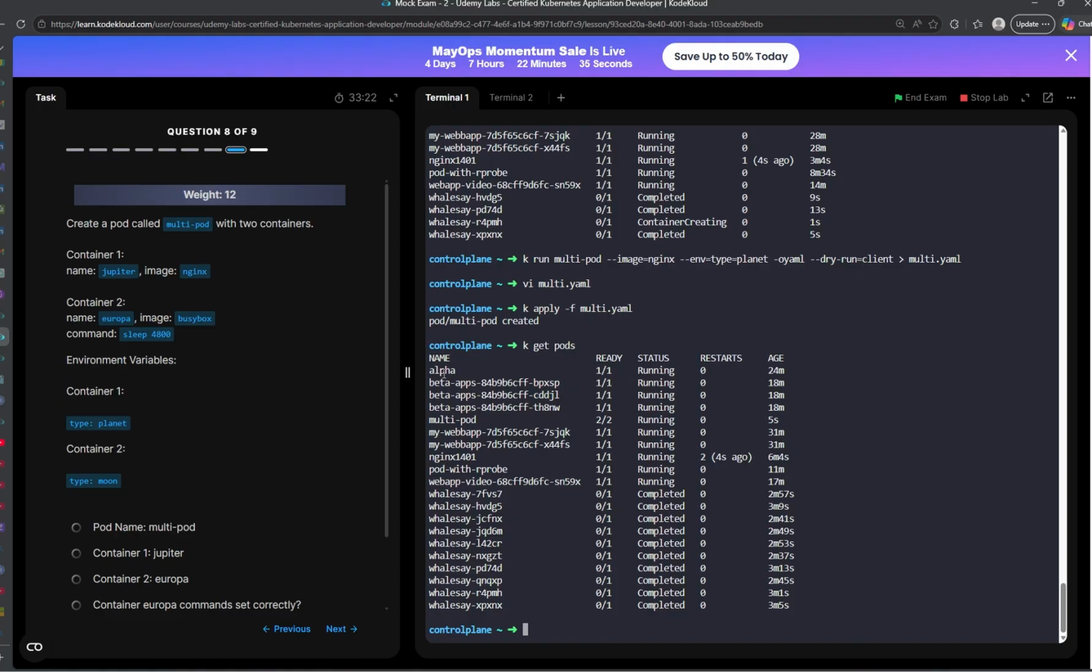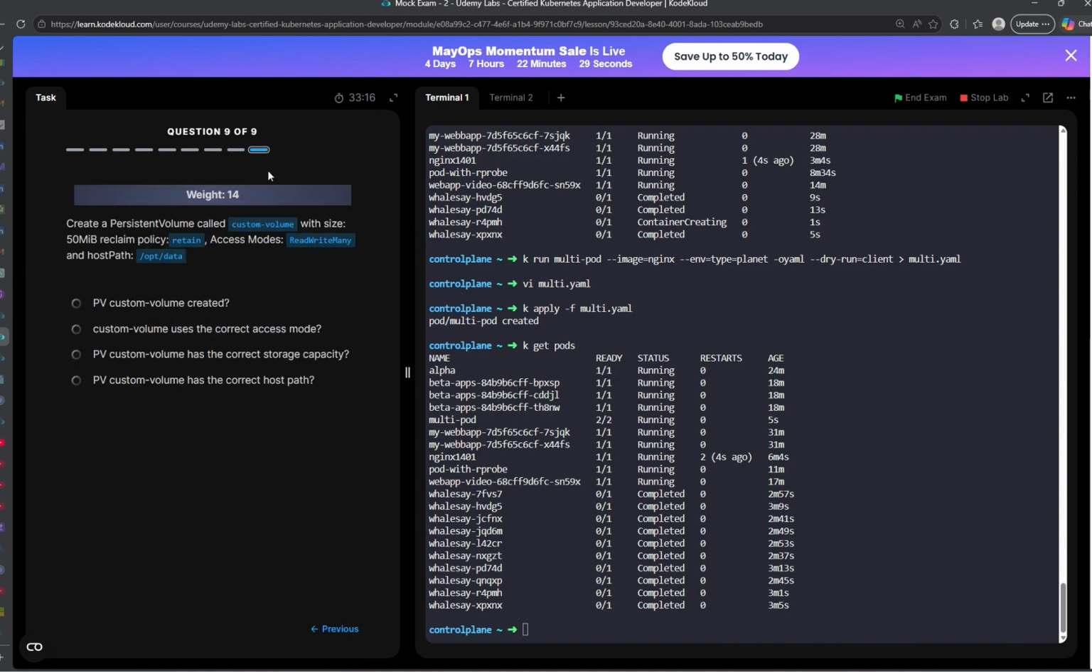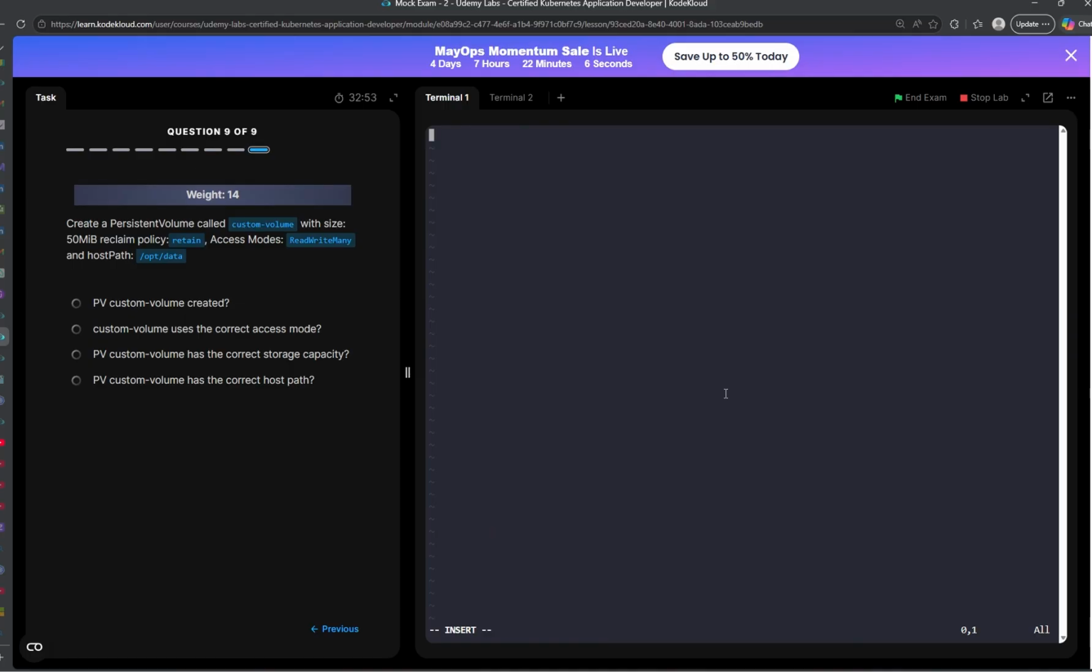Okay, let's move on to the next task, the final one. The final task is basically to create a persistent volume called custom-volume with size 15 megabytes and the reclaim policy to be retained. Access mode is ReadWriteMany, and host path is /opt/data. So I'm going to say vi pv.yaml. So I'm going to edit: API version is v1. The kind is PersistentVolume, and metadata,